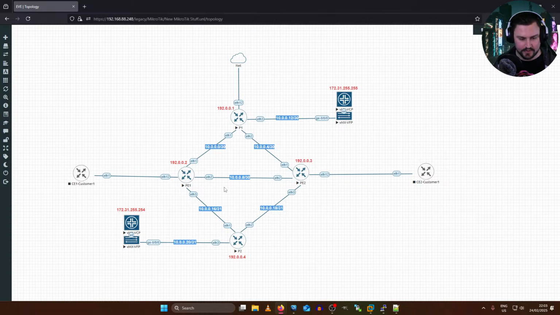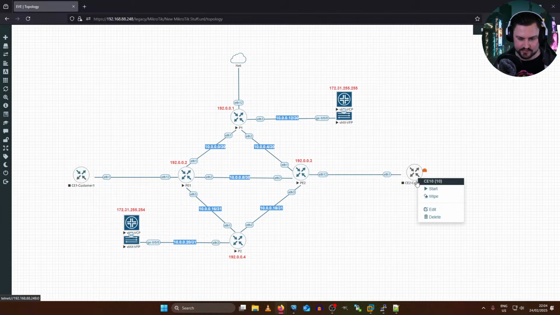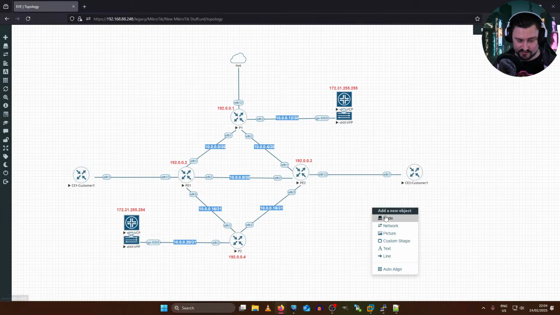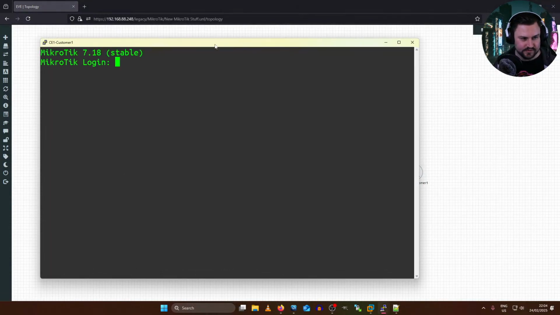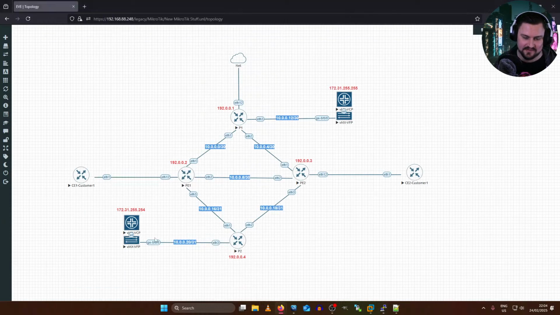So I maybe want to make this just look a little bit neater as well, because it's so cool seeing a network spring to life. But we can start up these nodes along, although MikroTik nodes again start up crazy fast. These devices boot up almost instantaneously. Let me just open up the window. It's already live. It's alive. The Juniper would still be figuring out what's happening, but maybe it's a good and bad thing, because it shows me that the Juniper has a lot more that it needs to figure out. Well, that's just a whim, I guess. I'm not that big on what's happening under the hood with these devices.